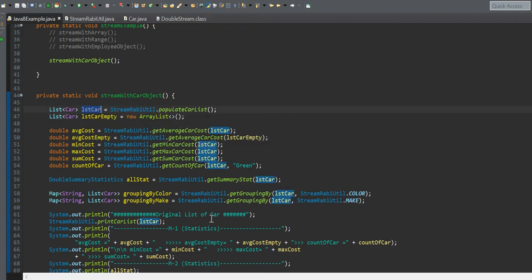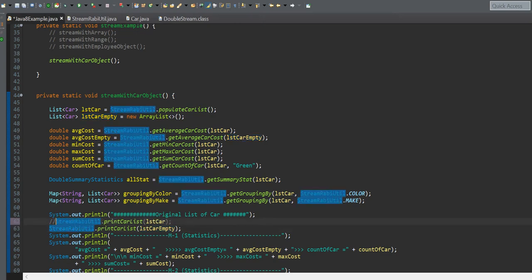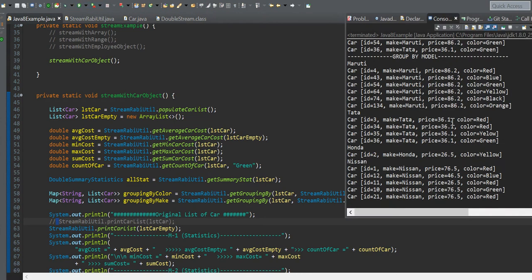List of car I get, print list, print car list. I want the list of empty car. Let me see here.